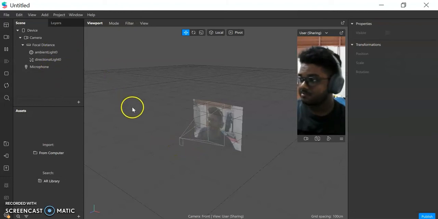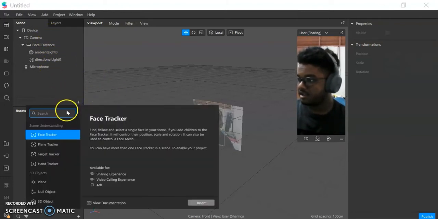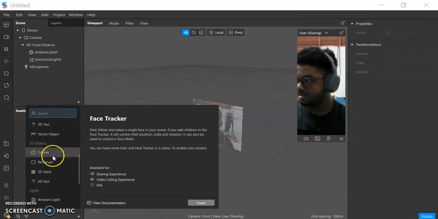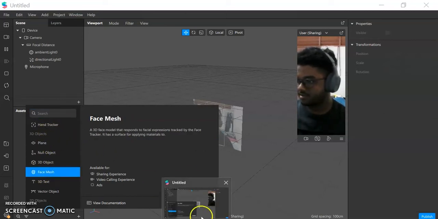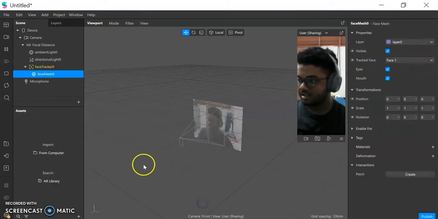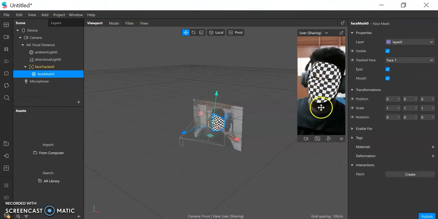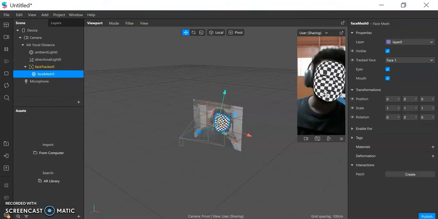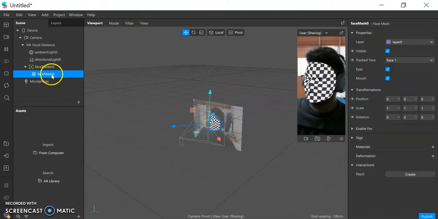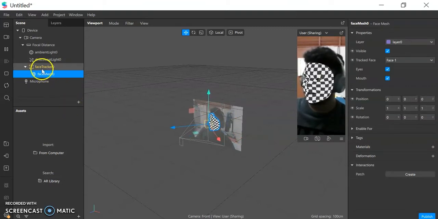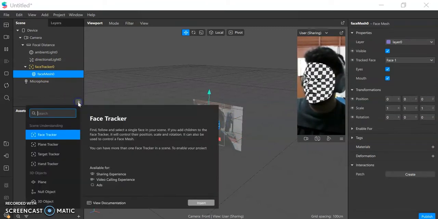So first of all, here we would be adding a face tracker, and then the face mesh, which is actually under the face tracker. So we choose the face mesh, then we insert it here. So this appears. So this is actually a mesh of our entire face. So it takes the actual shape of it. This one face mesh, and then the next thing we'll be adding is